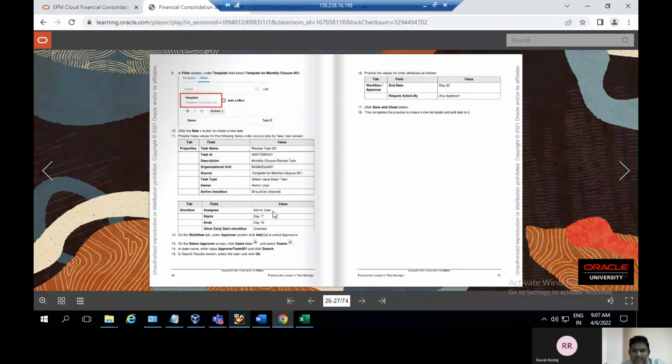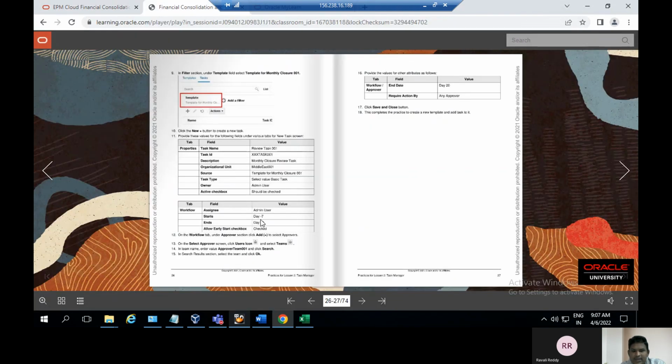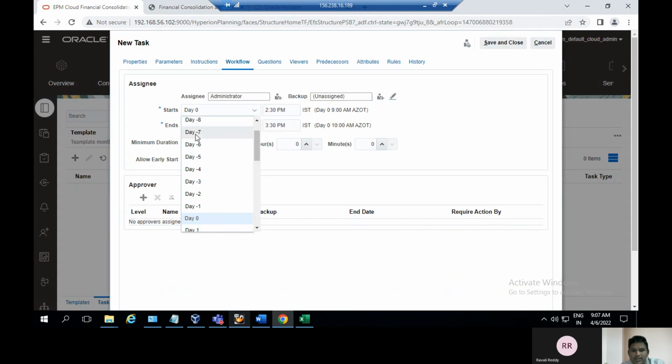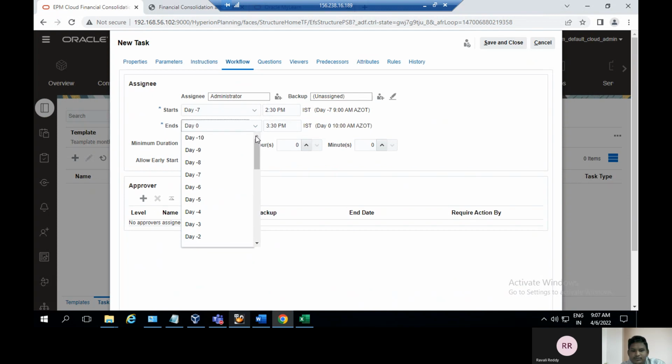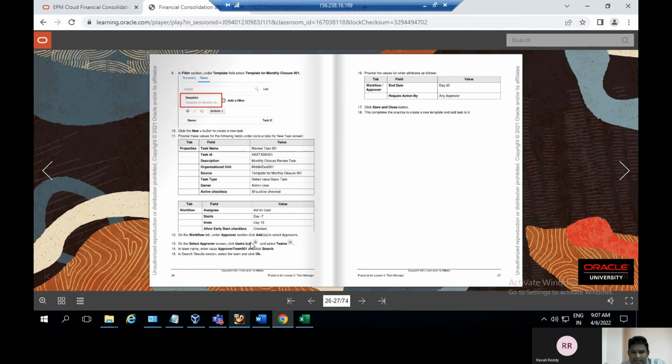Here the workflow assignee is admin user, and starts on day 7 and ends on day 15, and the allow early start checkbox is checked, and then the assignee is admin. Here the start date is 7 and end date is 15. I will give the start date 7 and end date 15, and then early start, and then go to the activity guide,